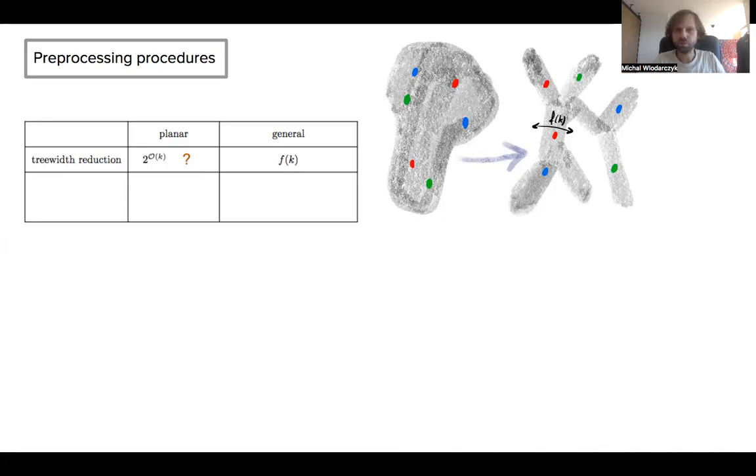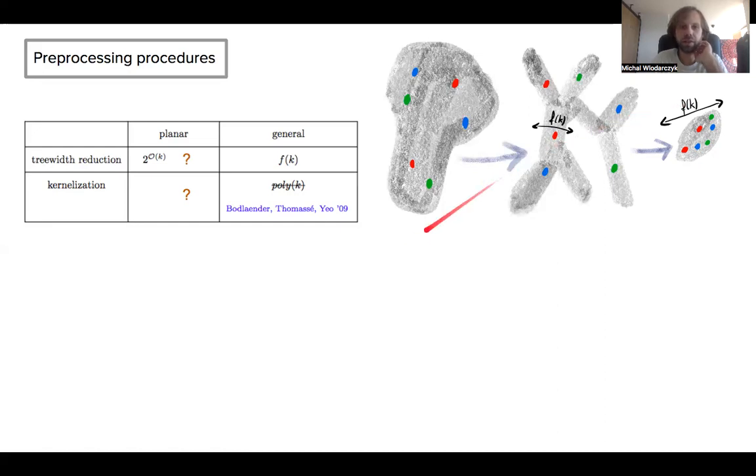Then there is a stronger notion of preprocessing called kernelization, where we want to reduce not only the width of the graph, but the size of the graph. More formally, kernelization is a polynomial time procedure which takes an instance and produces an equivalent instance of size f of k. And kernelization is nice because there is a framework for showing hardness in this paradigm, and already in 2009,